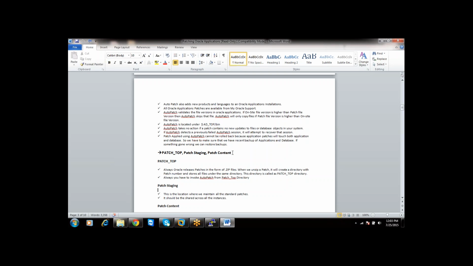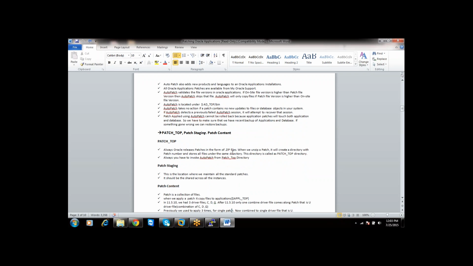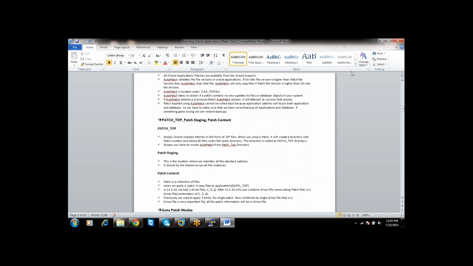Santosh, I have a question. If you use OPatch for the rollback, at database level also you will run some scripts to roll back, right? Yes, Prakash.